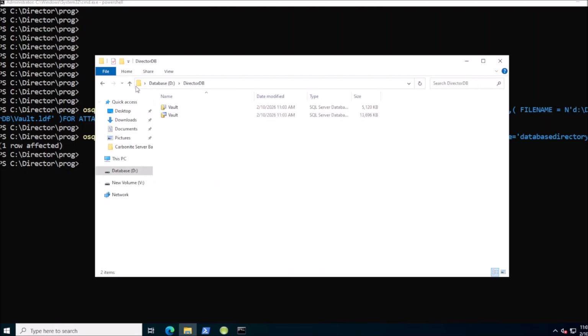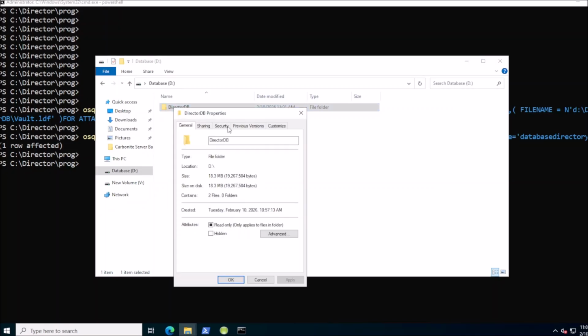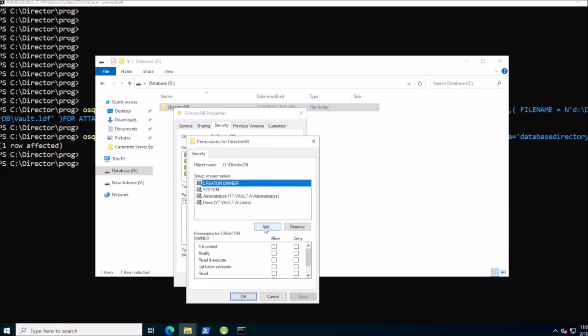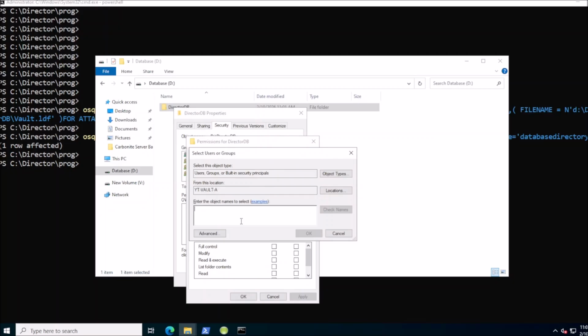Next up, we're going to go up one directory here, go to the properties of your new folder and then the security tab, and we need to grant some permissions here. So let's hit the edit button here, and then we are going to add a permission, and then we'll type in NT space service, and then a backslash MSSQL